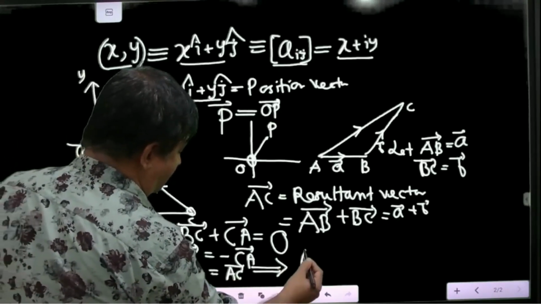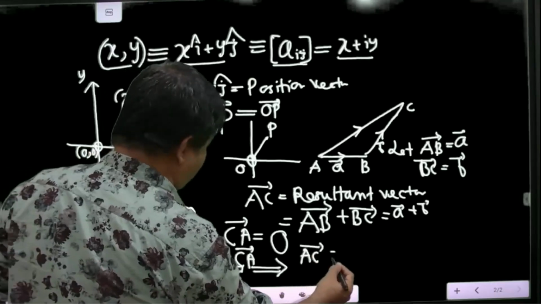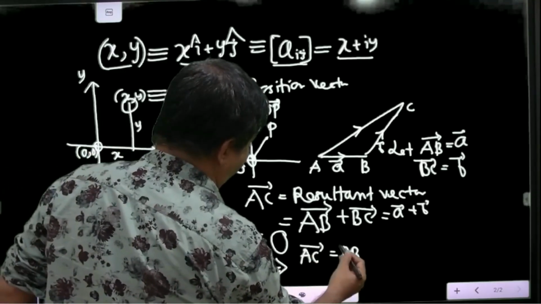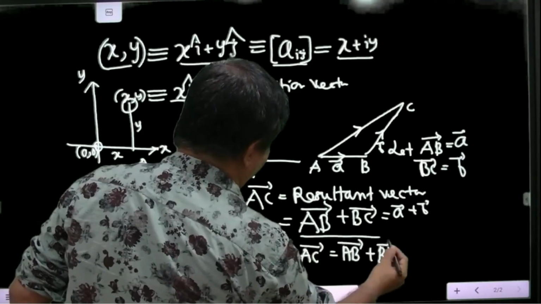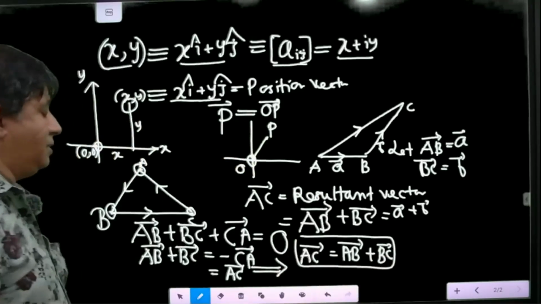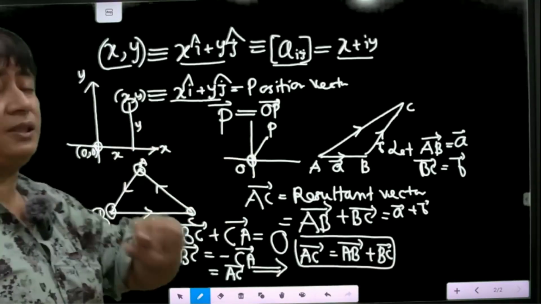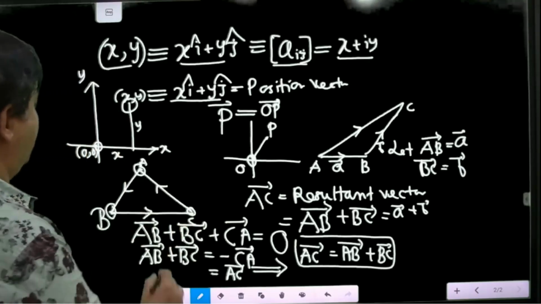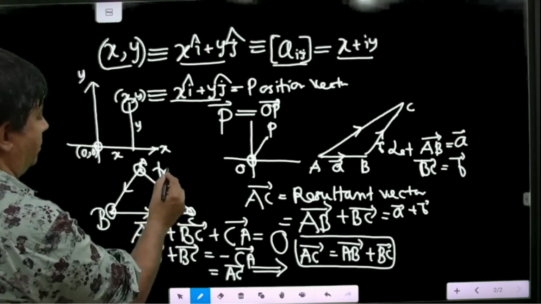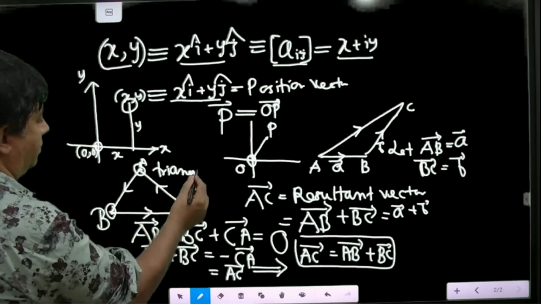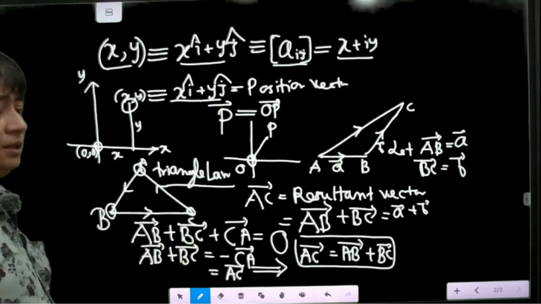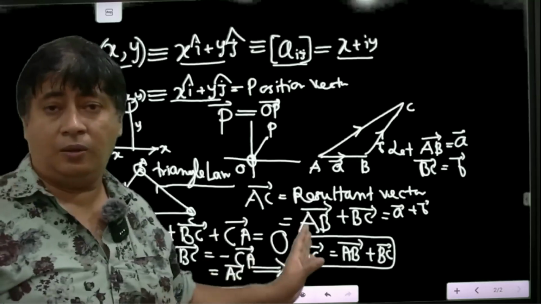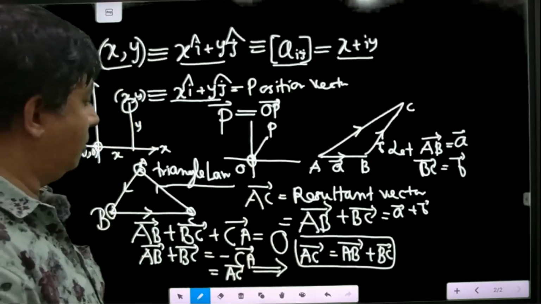That gives us AC is equal to AB plus BC, resultant vector, using the triangle law, which refers to the position vector. Okay. Now,